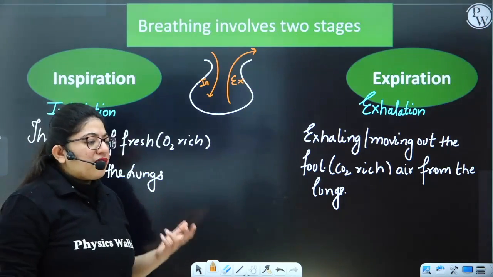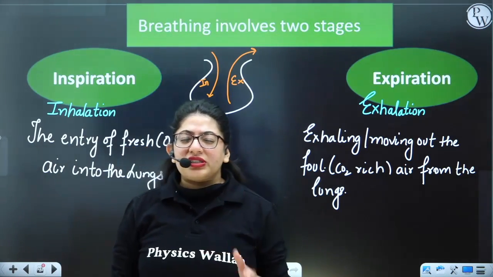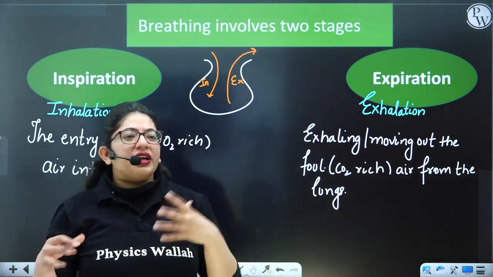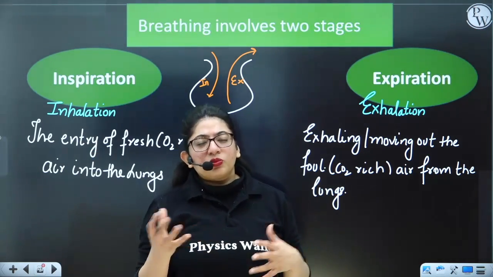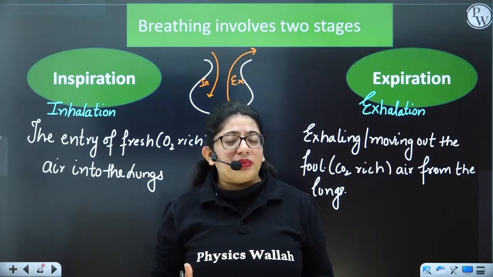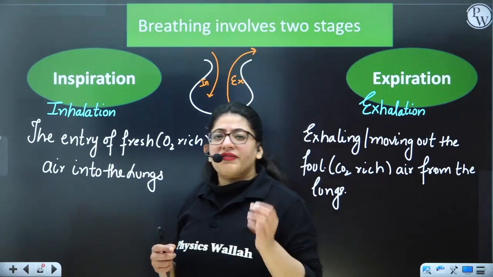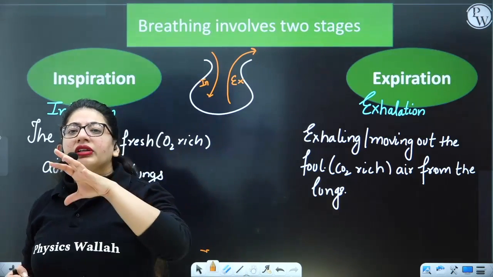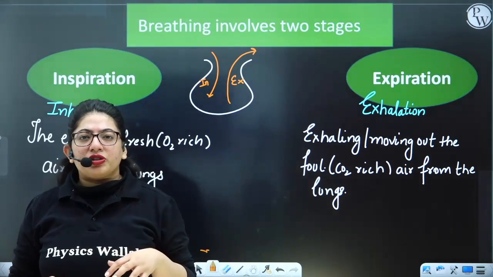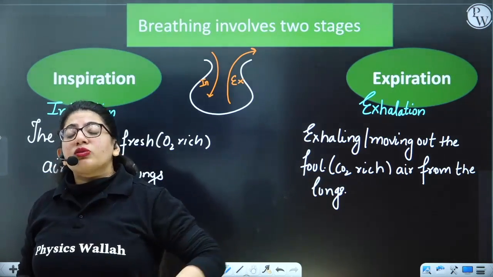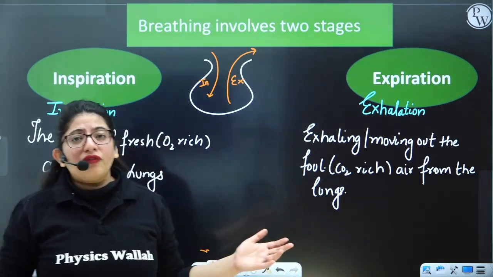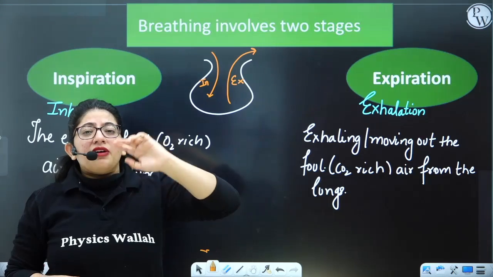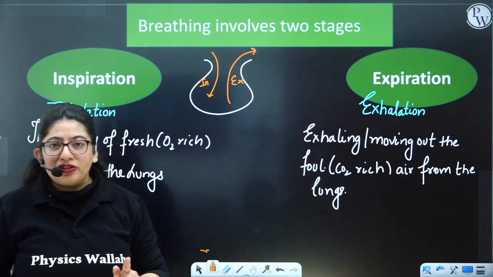So there must be a force or some criteria by which the air is entering or moving out. It's not just a normal process. You just can't say it's moving in and moving out. There must be a reason behind this. Now what is this reason? It's a very simple reason: you must have heard that blood moves from high pressure to low pressure. Similarly, the air also moves from an area of high pressure to an area of low pressure. So you know how inhalation and exhalation take place? With the help of difference in the partial pressure, right?